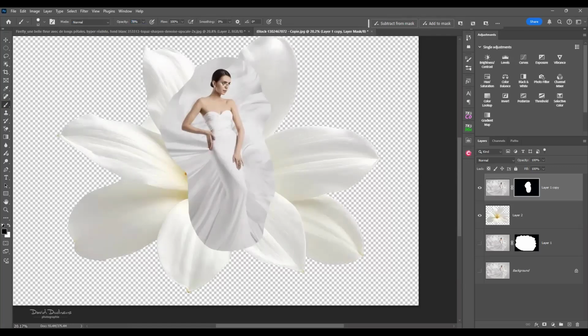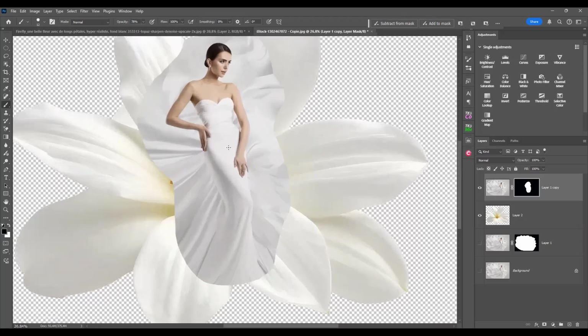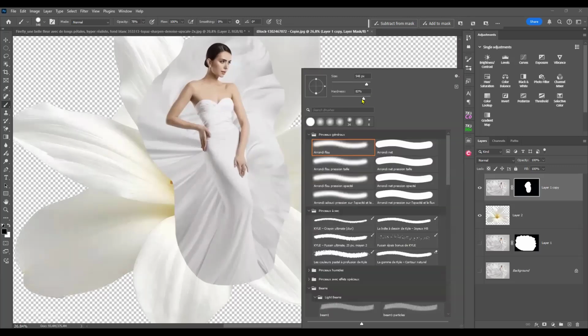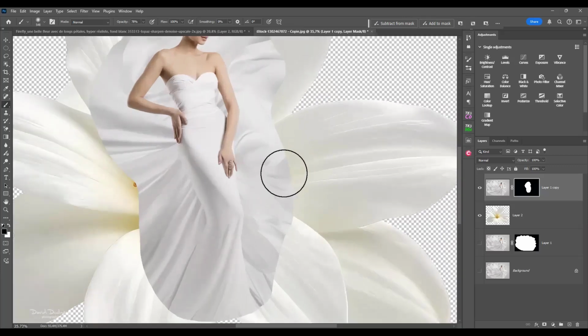Opacity, let's go, 880 or something like that. Bigger size, right click, hardness to the minimum. I want to do something very, very soft, and look, oh, it's too much. So Control or Command Z. So I will lower the opacity much more, 30. Yeah, maybe it's better. And you see,